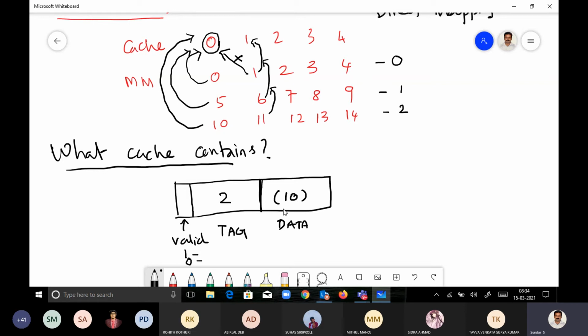Now I'll wait for a minute. Please let me know if you're able to understand what I'm talking about. So every cache location has 3 pieces of information. One is data. It's a memory, and we are using memory to store the data. Okay, right. No issues. And tag. What is called tag? For this example, we have some arrangements.